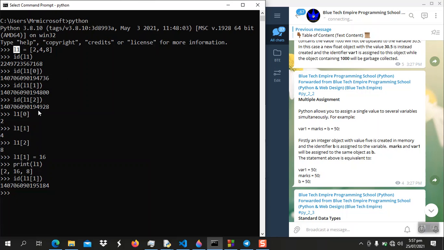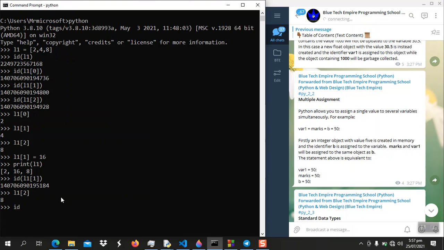That's why you see L11 initially was here, and later on L11 had a different object, which means technically a list is a mutable object containing immutable objects. For example, this list is an object, but within this list it has 3 immutable objects, 2, 4, and 8. If we change any of these values, for example, let's say we change L12, that is currently 8,